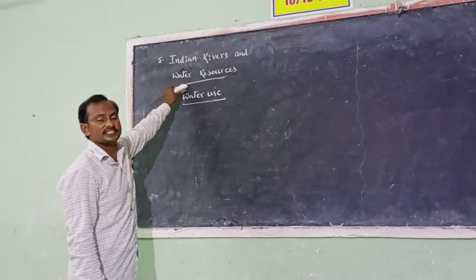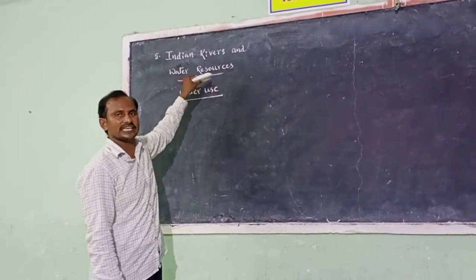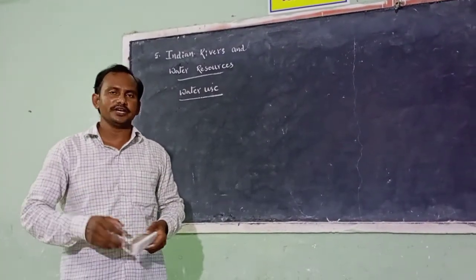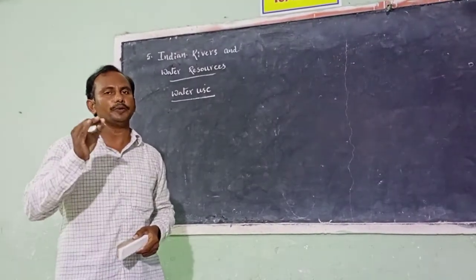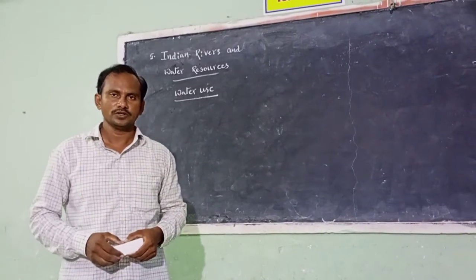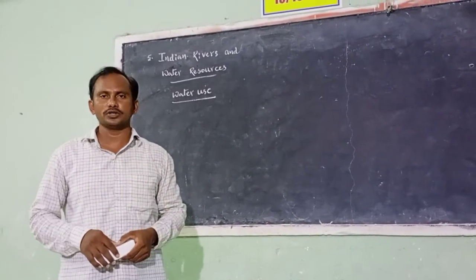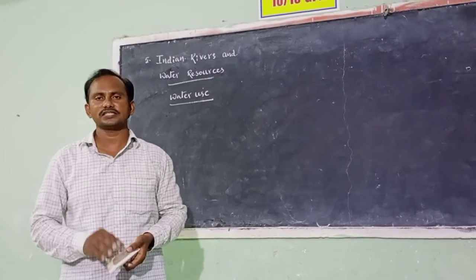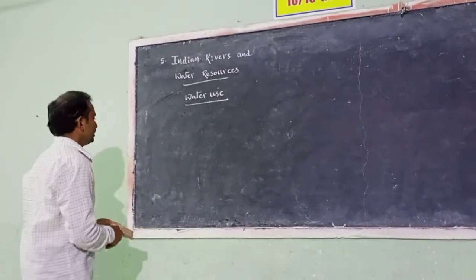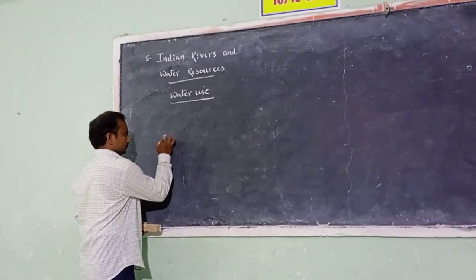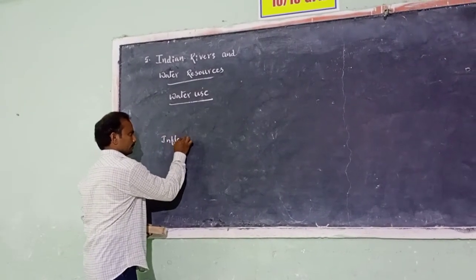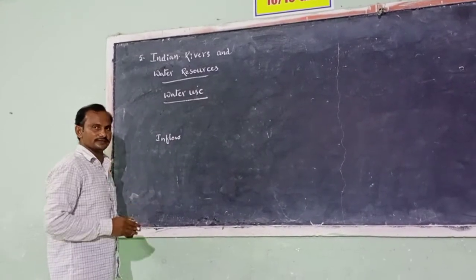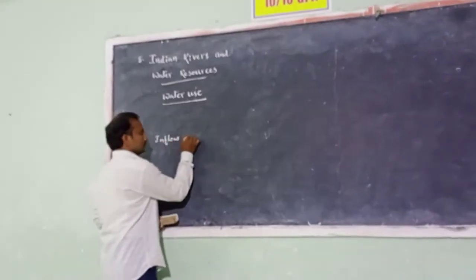Generally, water is a resource that is available to us throughout the year. We try to estimate how much water we would be able to use. To know that, we have to know about two processes: one is inflow and the other is outflow. Let us see inflow first. Inflow is nothing but how much water is being added. Inflow is equal to